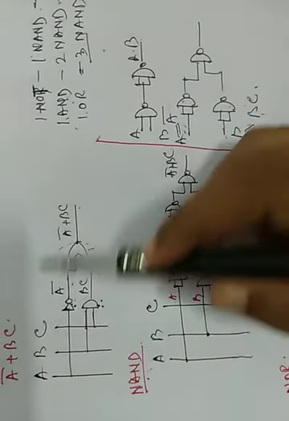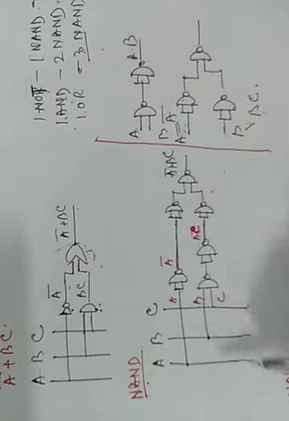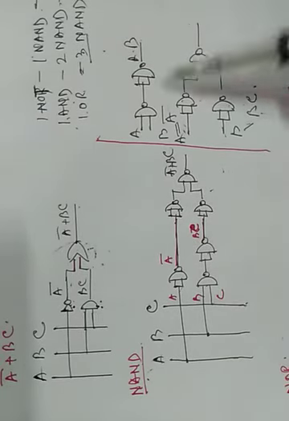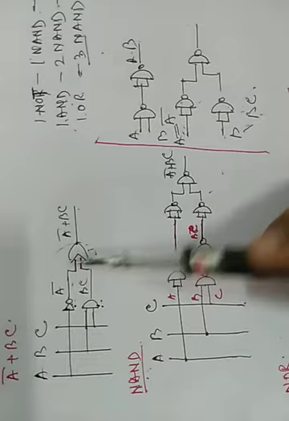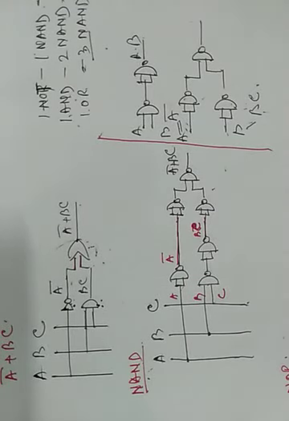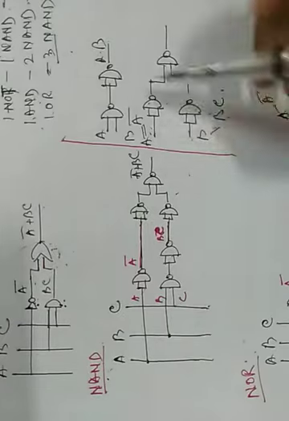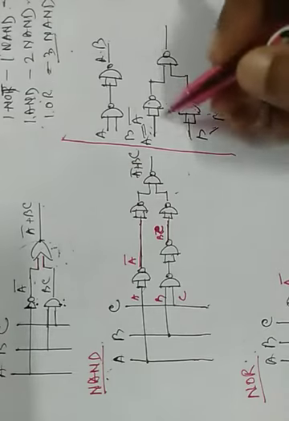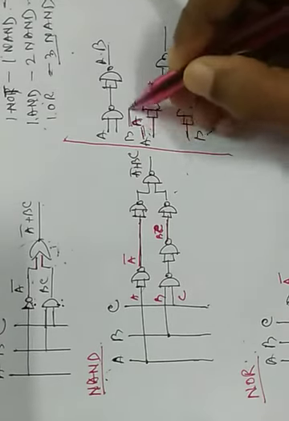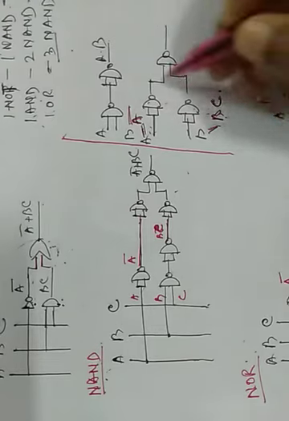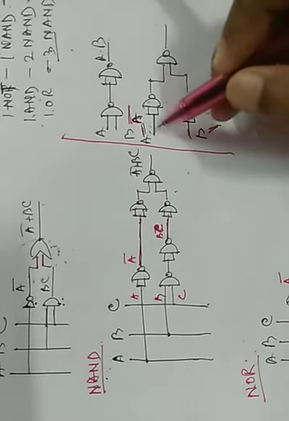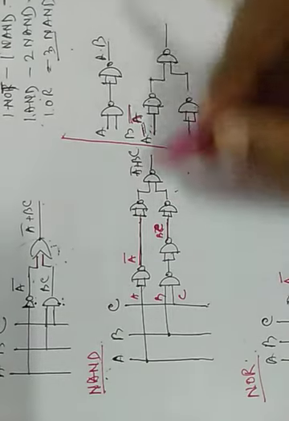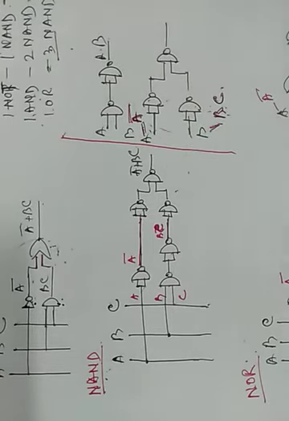Okay, at first you have to draw the basic logic gate, then change it one by one by following just the input lines. You have to say what the input line will be. So you just draw the 3 NOT gates and write the input lines like this way. Here it is A bar, and for input it is B bar. So you can easily draw this diagram. At first you draw the diagram using A B and then change it to A bar, B bar, C, then you can draw it easily. Okay.